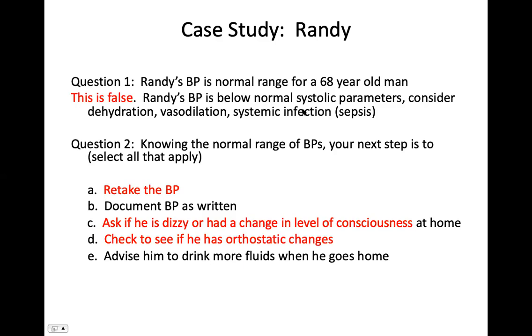Randy's blood pressure is below normal systolic parameters. Consider what? Dehydration, vasodilatation, and systemic infection. Those are the 3 things that come to my mind in terms of differential diagnosis right away. Okay, question 2, normal range. What's your next step? Yes, retake the blood pressure, ask if he is dizzy, and check to see if he has orthostatic changes. Excellent, very good. All right, so next,